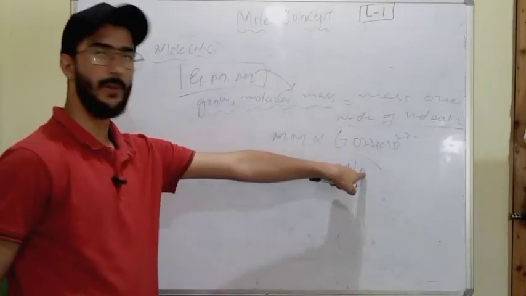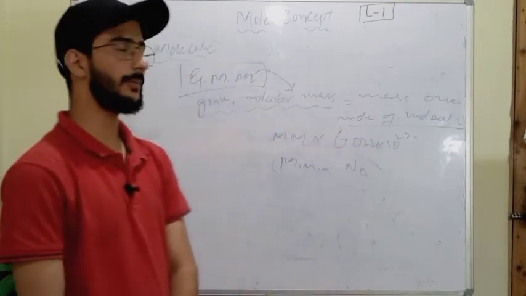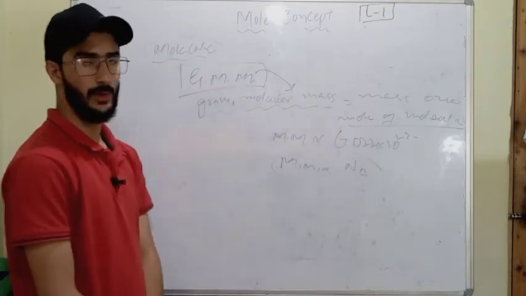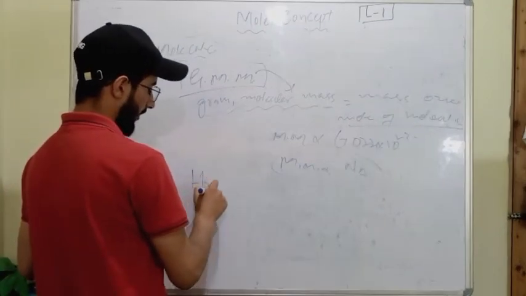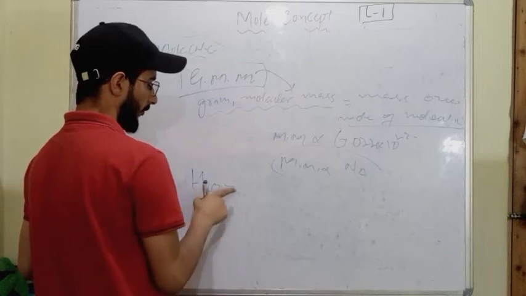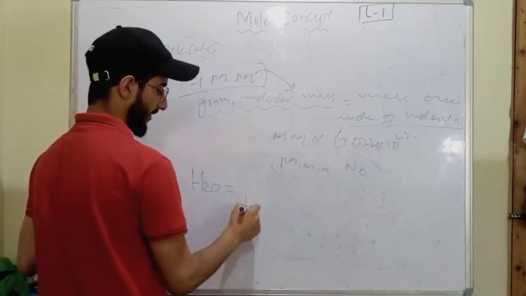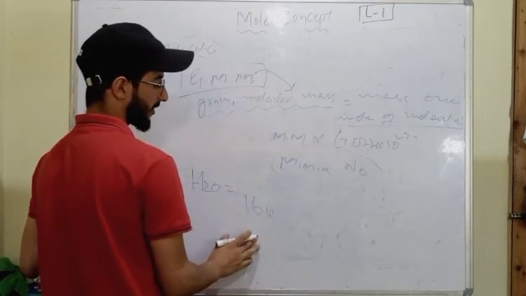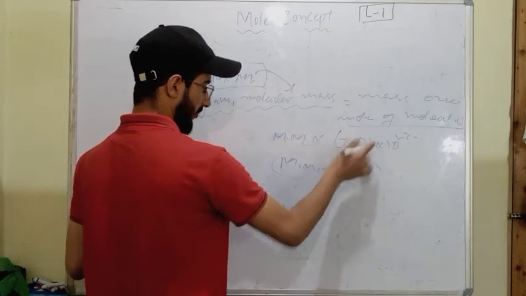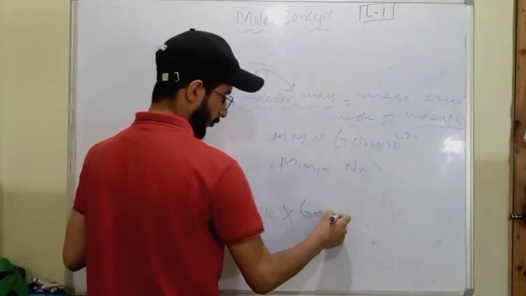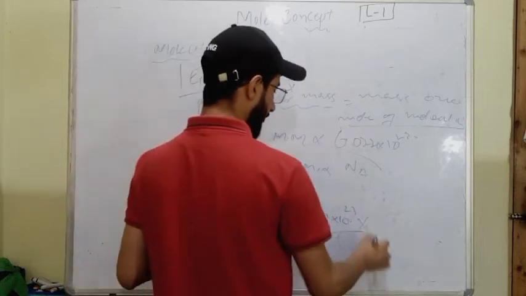This means the mass of any number of particles. The mass of 6.022 into 10 raised to power 23 particles is called gram molecular mass. If I am going to calculate the gram molecular mass for water, we already know the molecular mass, it is 18 u, and if I multiply it with the Na number, which means 6.022 into 10 raised to power 23,